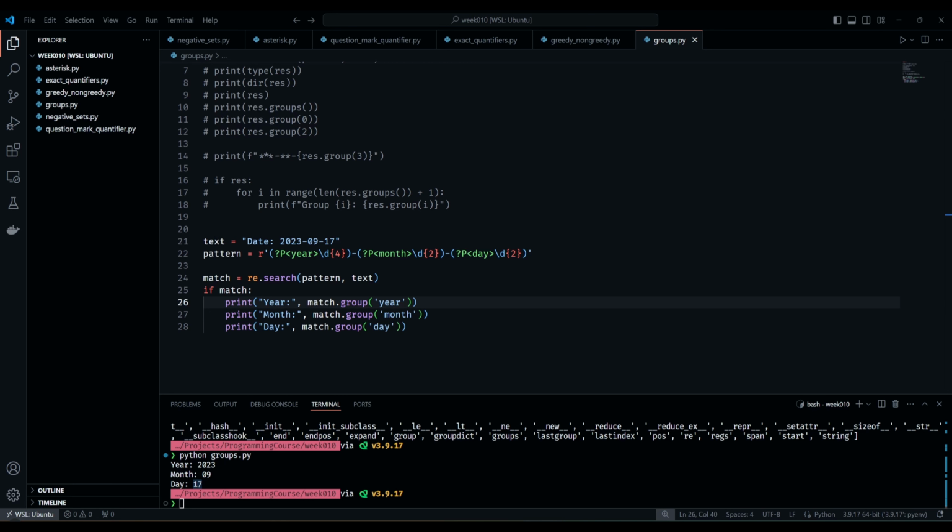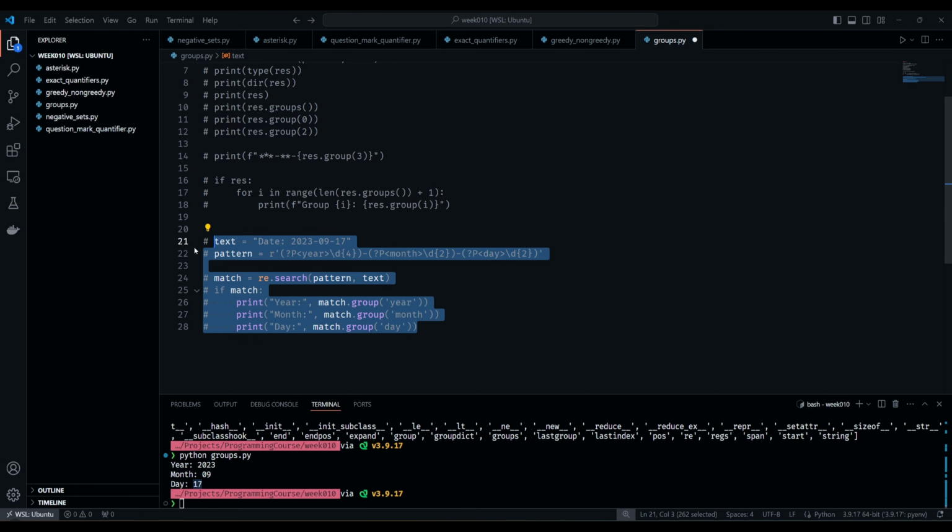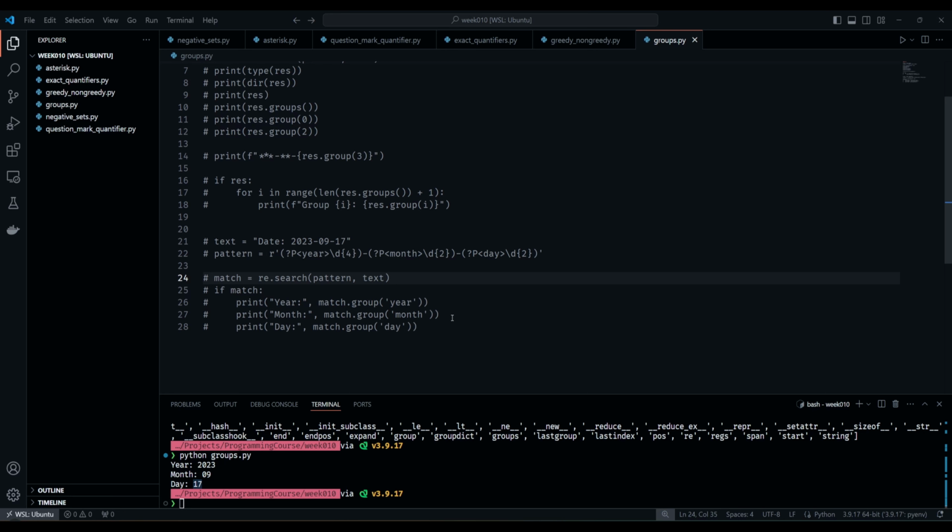Also, there is a very interesting thing, which sometimes is very useful: non-capturing groups. Again, I will comment this part. Sometimes you want to say that there is a group that I want to match, but before it or later on, there could be some text which I want to avoid, but it should be there too. And here, just as an example,